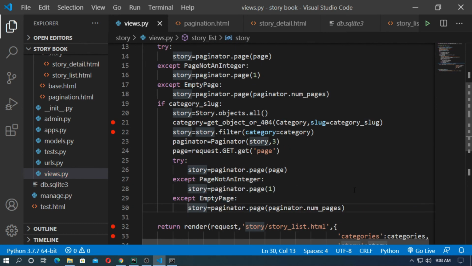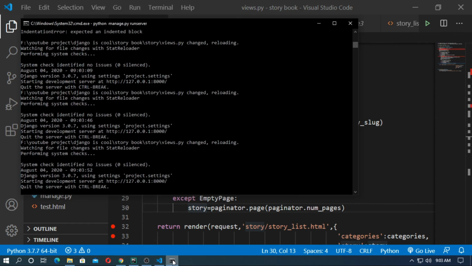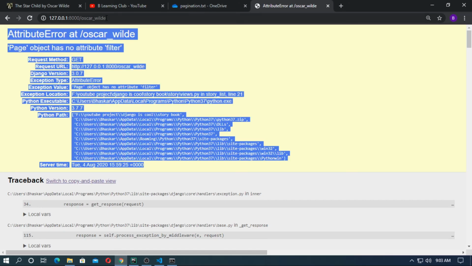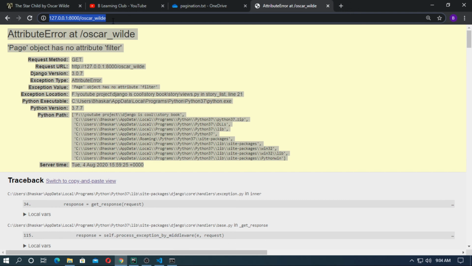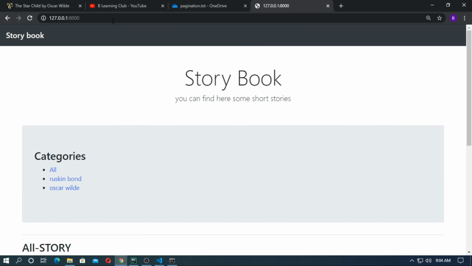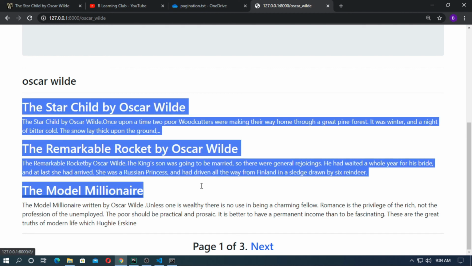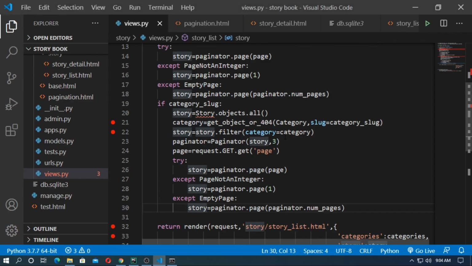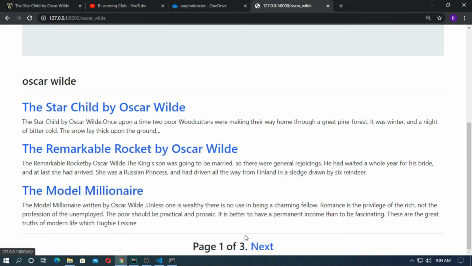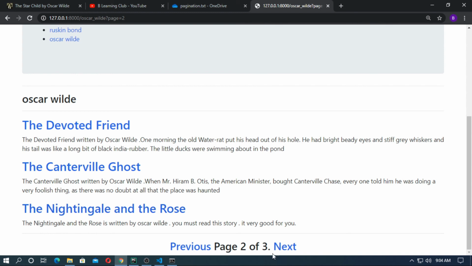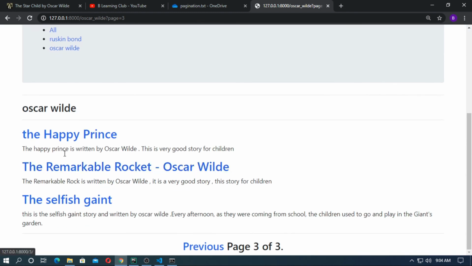So just save it and run the server and go to the browser, type the localhost and go to the categories. So here is the category Oscar Wilde, and you can see now each page has 3 stories. Okay, so you can change it or not, it's up to you. Go to the next page, so you can see now.